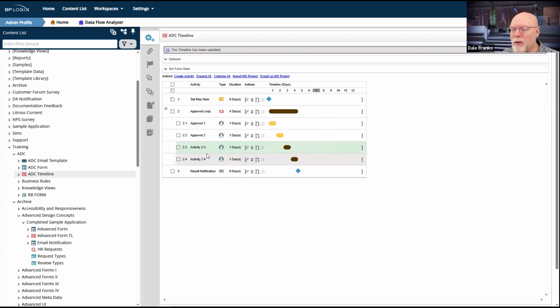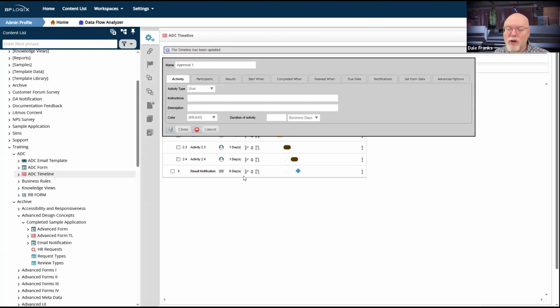So let's go through them step by step, figure out what we've got to do for each of these activities or when these activities should run. Now, the first one is going to be simple. That's going to be my user resubmittal or requester resubmittal. So I'm going to change the name to precisely that, requester